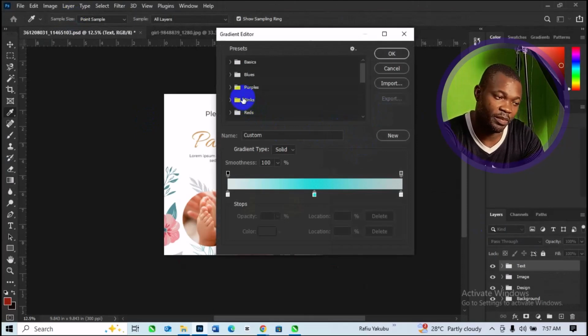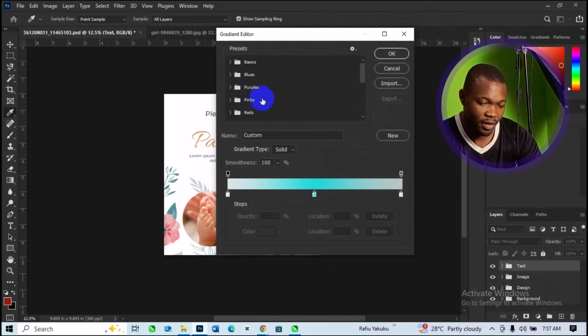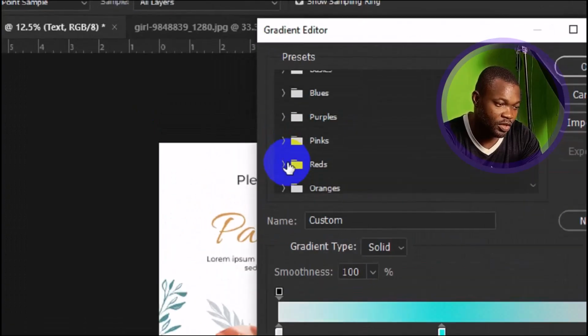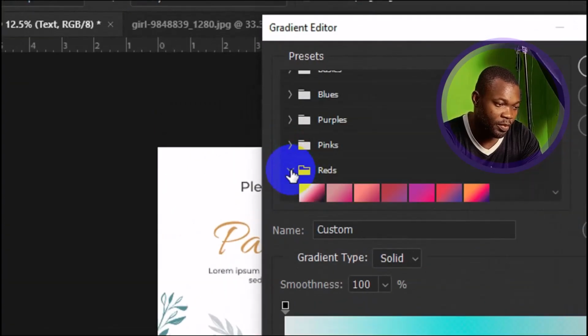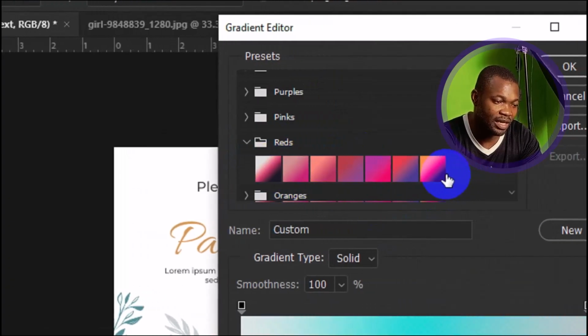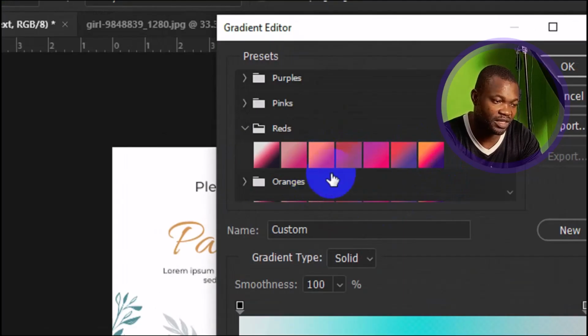Now you have to choose a particular group that you want to delete from some of the presets right here. So let's say from this group of red right here. So I'm going to select from this group. So what you need to do is to open up the group preset. Then here you go. Now I can decide to delete as many as possible from this particular preset of gradient